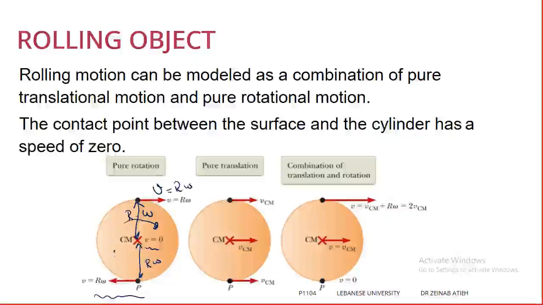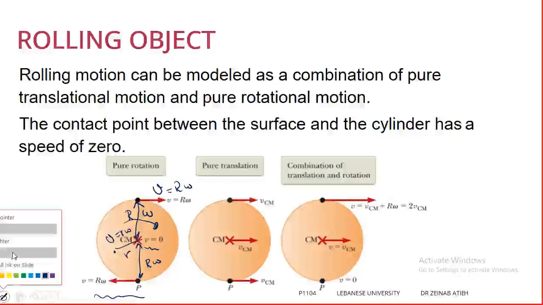Remember, if I have a point here and I only do rotation, the speed of that point at distance r is r omega. The speed always equals r omega, depending on the point and on its position. So that is pure rotation, only rotation on its own. Now if I have only translation,